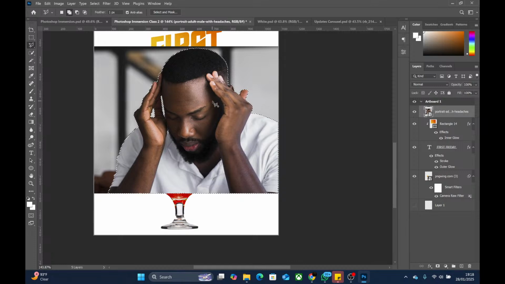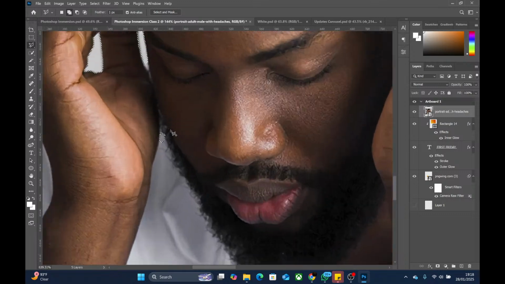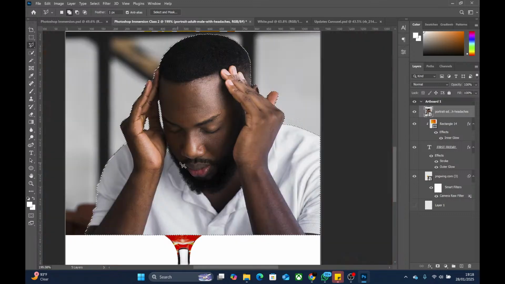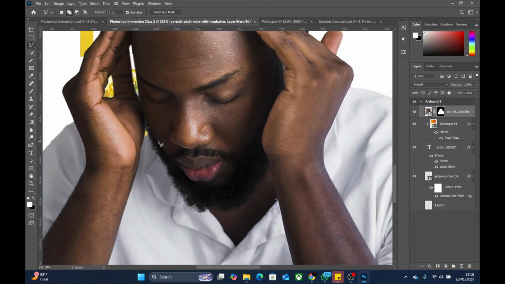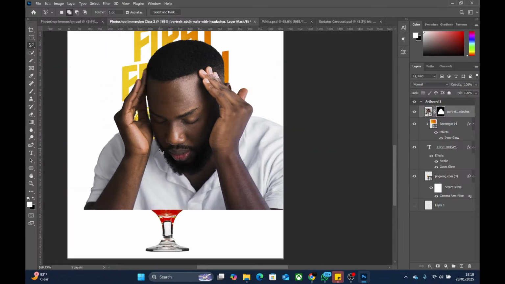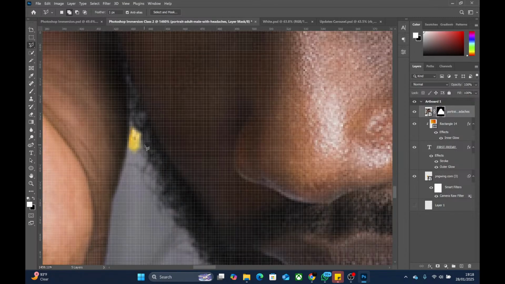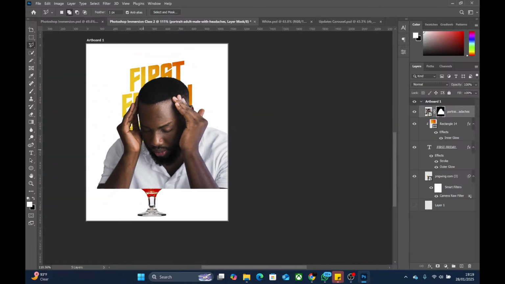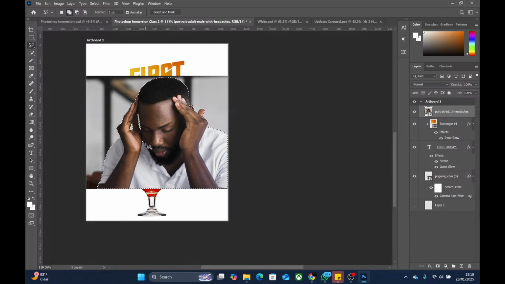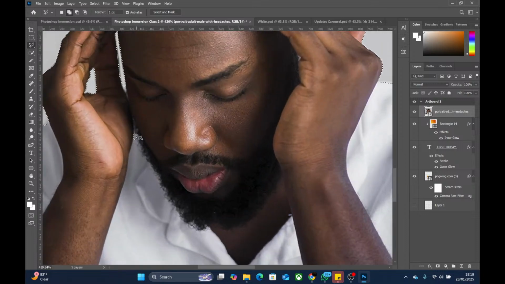Right now there's something called layer mask. We still get there, just let me use it to explain. If I click on layer mask, watch this side, it's going to make one hole in that place. So I'll click on layer mask down here, and then we're now able to see the back of this guy from here. It has deleted part of his clothes. Can you see? So we can see that yellow thing under him, which is not supposed to be. It is as if the guy does not have a chest. Okay, so I press Ctrl Z, and then I will have to add this part to the selection.